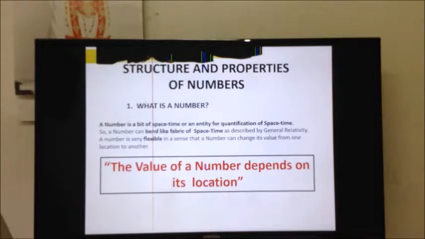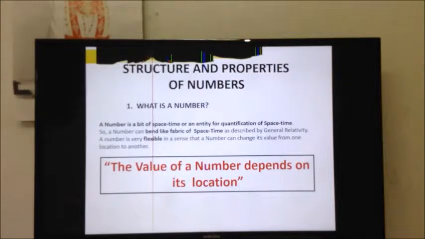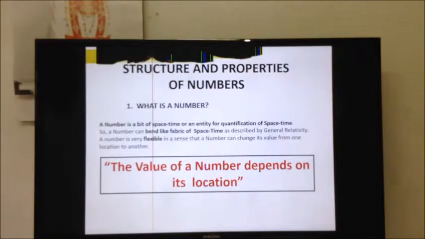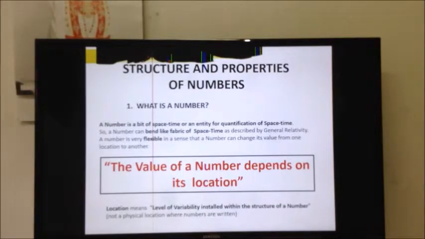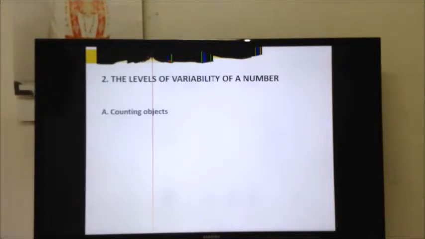When I say location, here I'm not referring to a physical place that you know or you can touch. Here I am referring to the levels of variability installed within the structure of a number. So what are these levels of variability? In order for you to understand what the levels of variability are about, I will